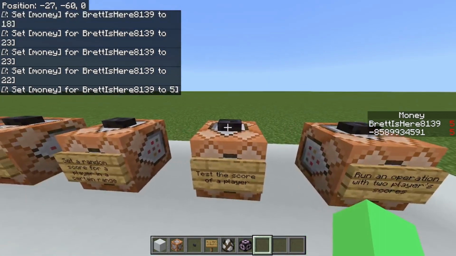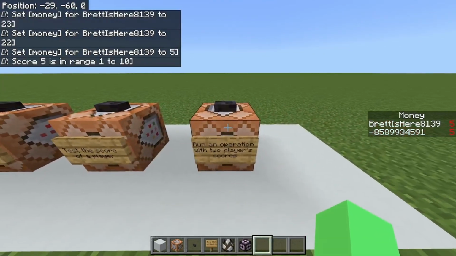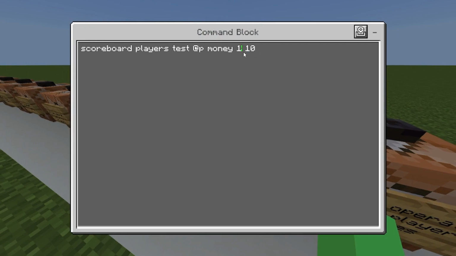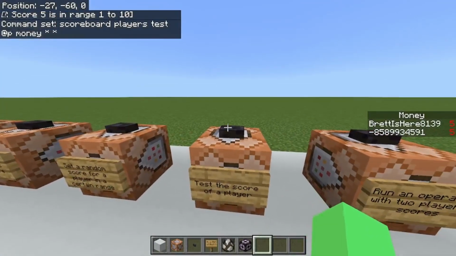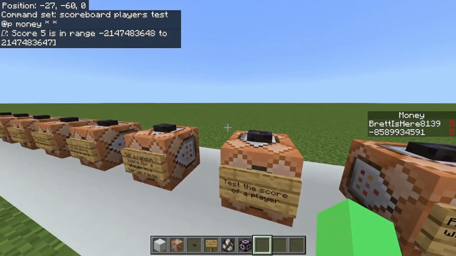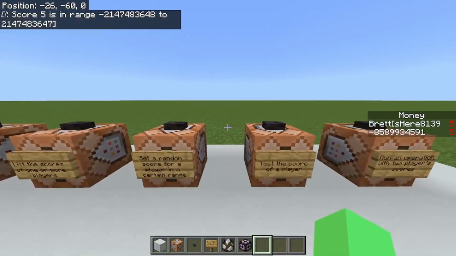Okay, here. Now it'll say score 5 is in range 1 to 10. So that's just how you can test someone's score. And actually, if you don't really care what the boundary is, you can just do little asterisks for both, which means all, and then it'll say score 5 is obviously in range